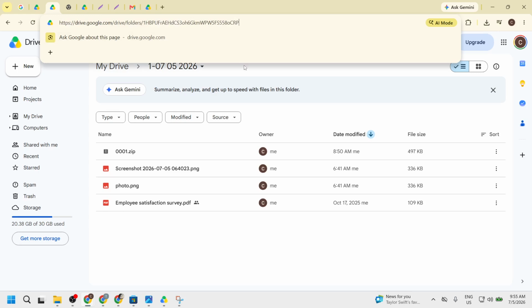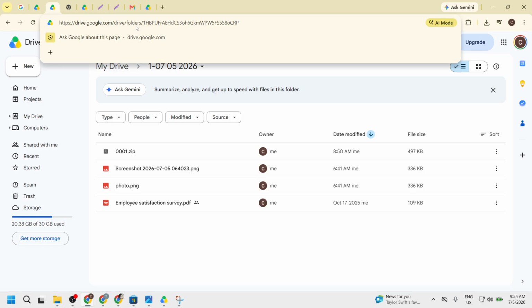https://drive.google.com/drive/folders/123456789. This URL is essential for identifying and accessing your folder. The unique format of the URL indicates that you are in the Google Drive environment, and it will contain specific details about the folder you are viewing. This step is important because it sets you up for the next action where you will extract the folder ID